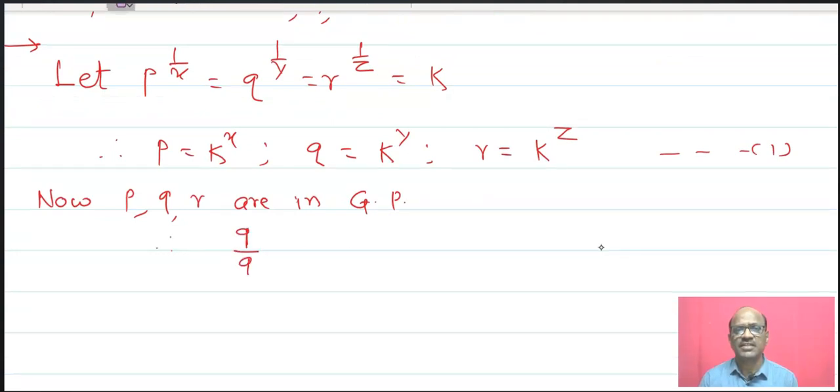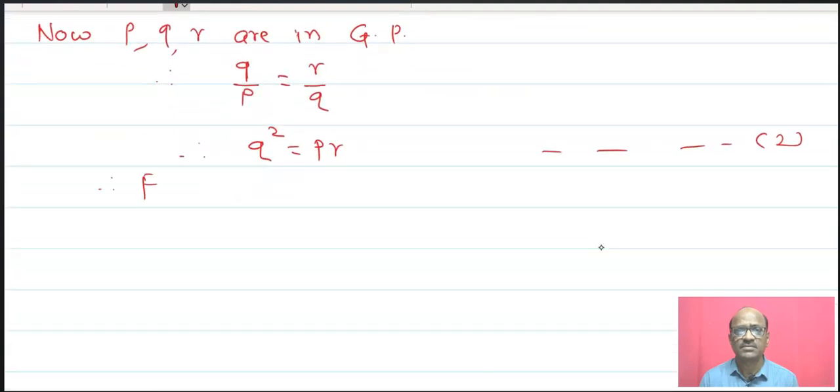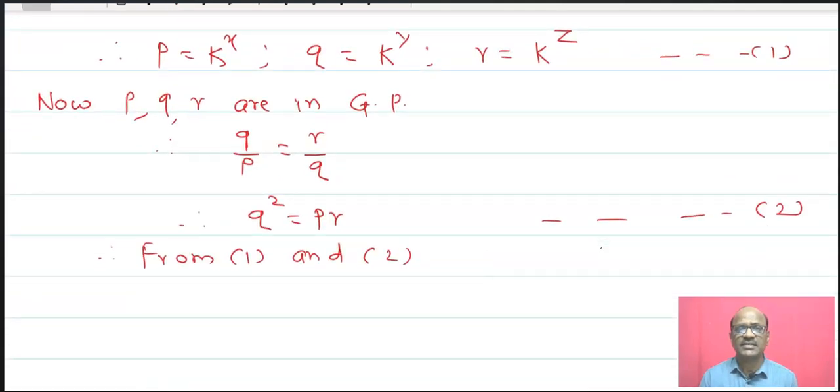P, Q, R are in GP, that is Q upon P is equal to R upon Q, that is Q square is equal to PR. This is the first. From first and second,